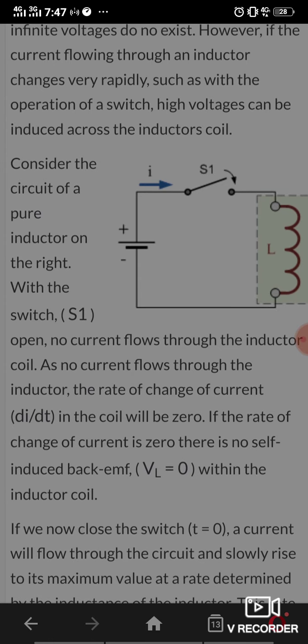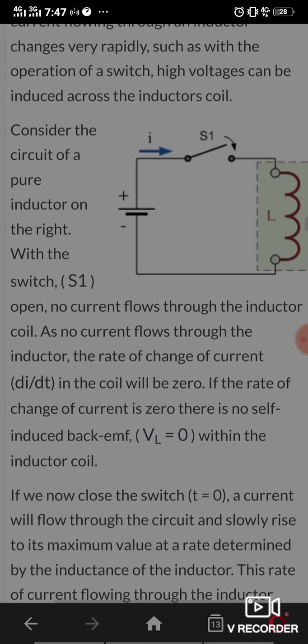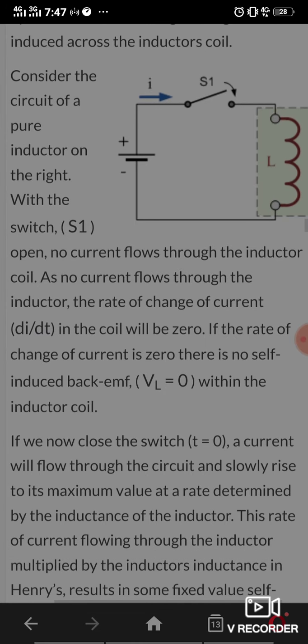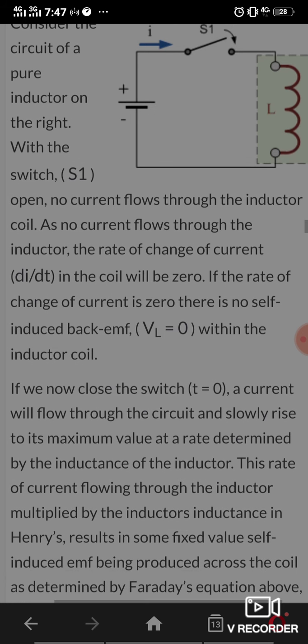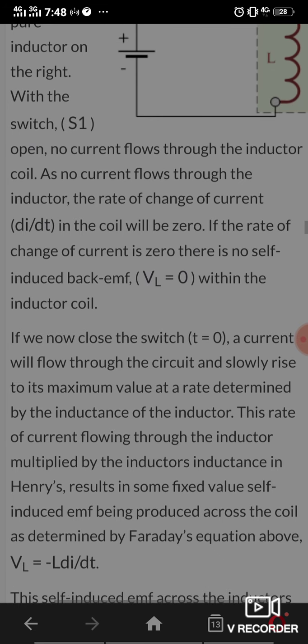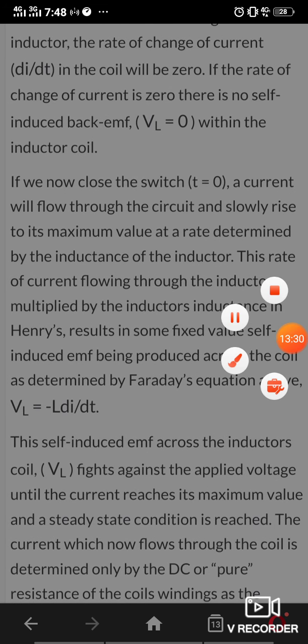If we now close the switch, current will flow through the circuit and slowly rise to its maximum value at a rate determined by the inductance of the inductor. This rate of current flowing through the inductor multiplied by the inductor's inductance in Henry results in some fixed value of self-induced EMF being produced across the coil, as determined by Faraday's equation above. This self